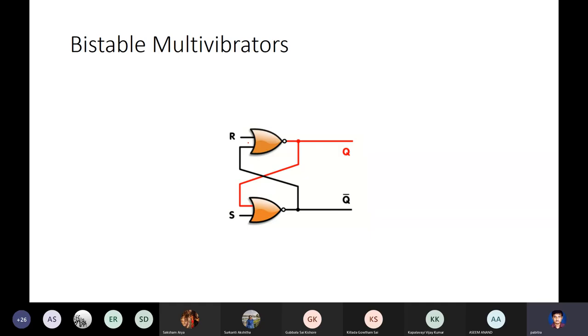So when R is 1, it's a NOR gate, so the output is 0. If the output is 0, and since this is also a NOR gate, the output will depend on S. Okay, so let's see what happens when R is 0, S is 0. When R is 0 and S is 0, then